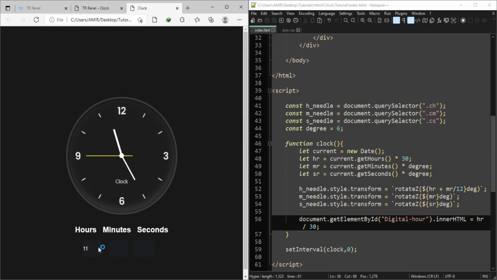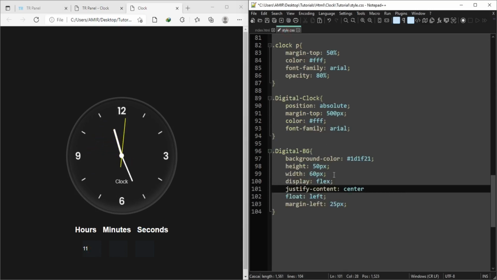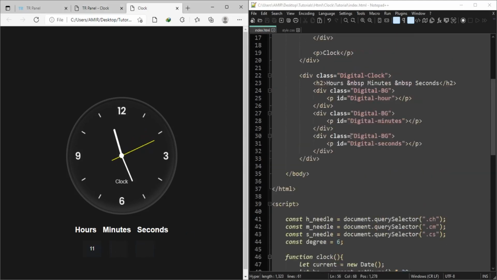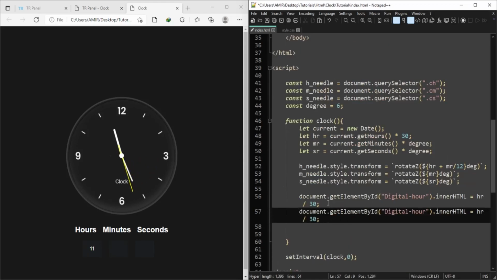So to center this text, go to your style sheet. Now we need to add minute here and second here. Go back to your HTML code and you can see here digital minute. Copy this name. You can duplicate this line. Now paste the name inside it.